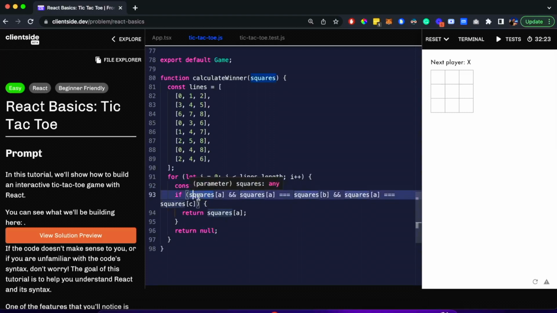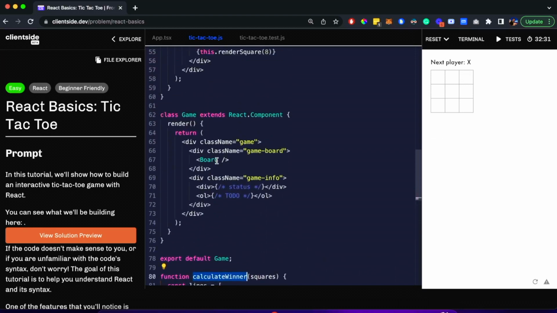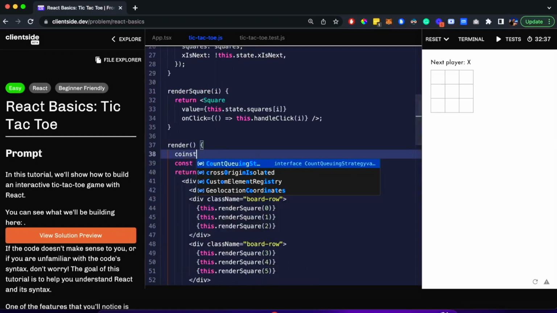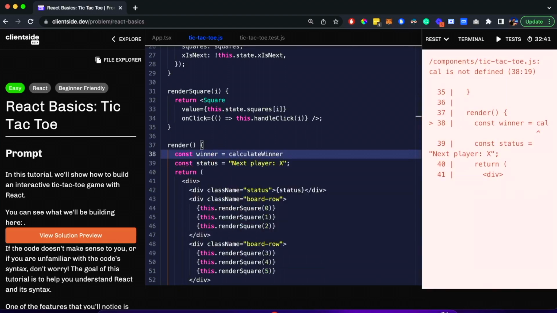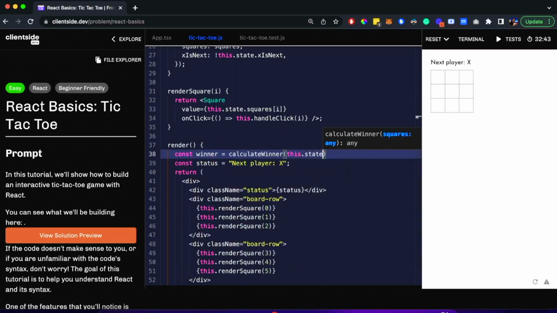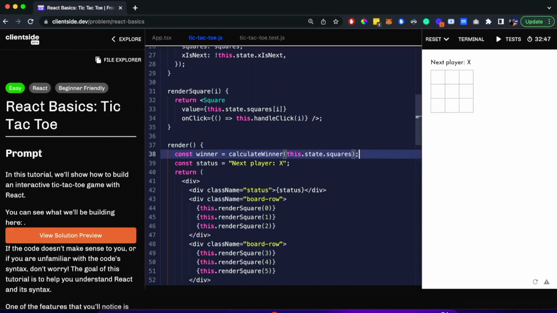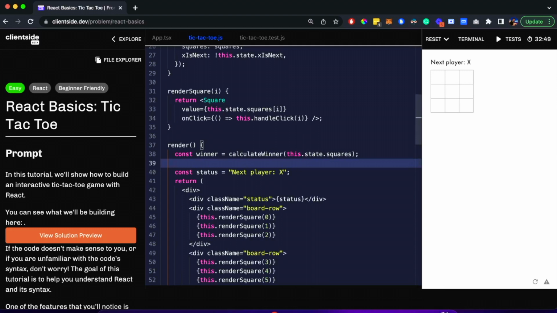So I hope this is pretty straightforward, but now let's actually go ahead and call this calculateWinner. We're going to call this in the render method for the board. And so here we'll say winner, right? The winner is equal to calculateWinner, and then we'll give it that state, and we'll call it the squares. Okay. Now, if there is a winner,